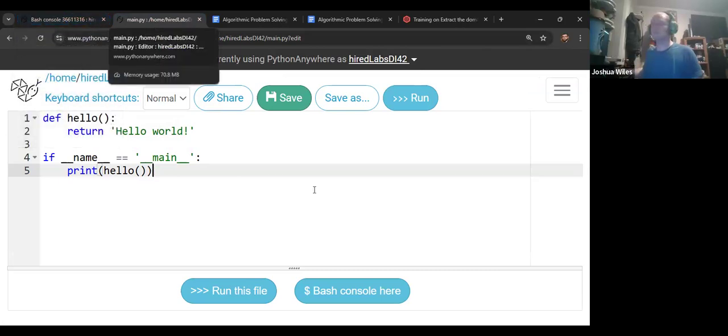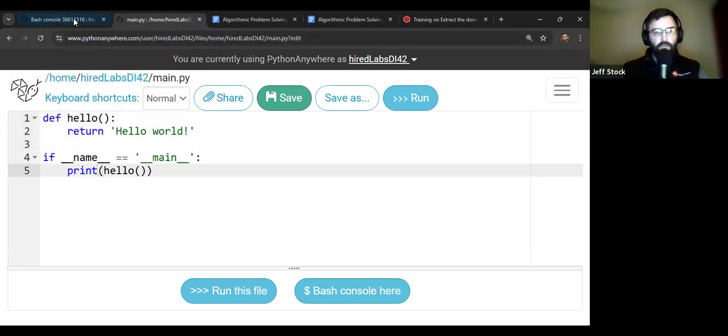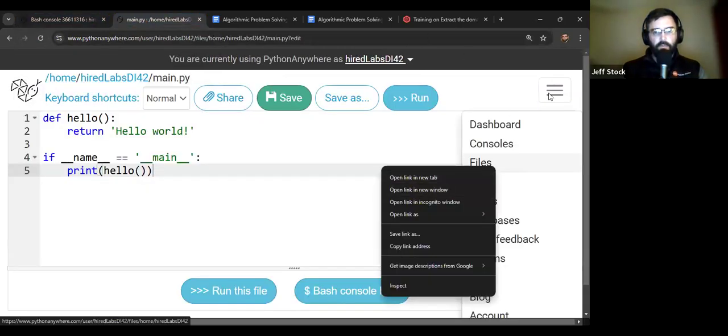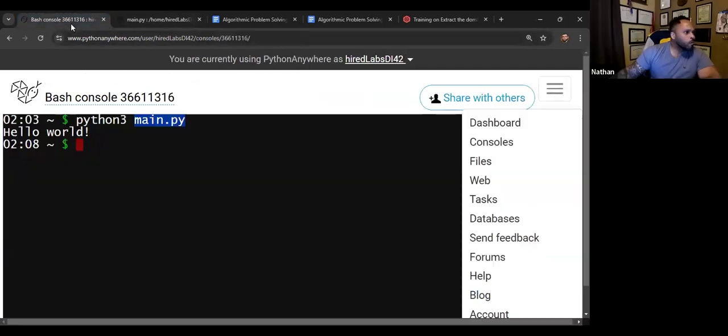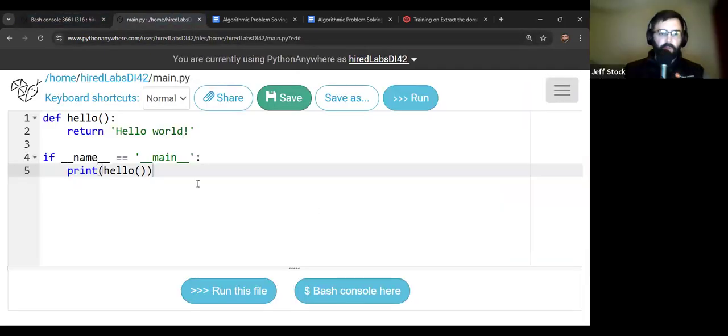I don't know why mine won't do it. It won't? Maybe it's just me. Oh, interesting. Yeah, on this thing I just right clicked and did open files in a new tab. And then so I have my bash console. I know you could just navigate back and forth if you needed to. But all right, so